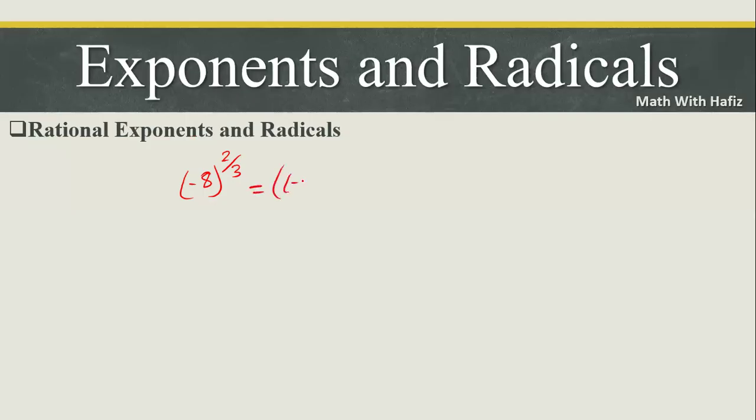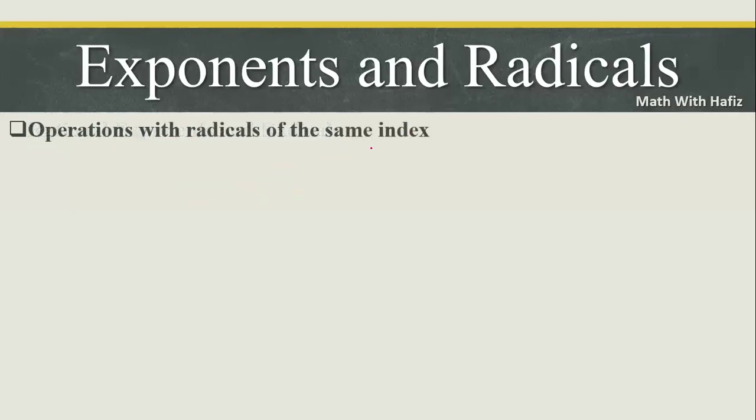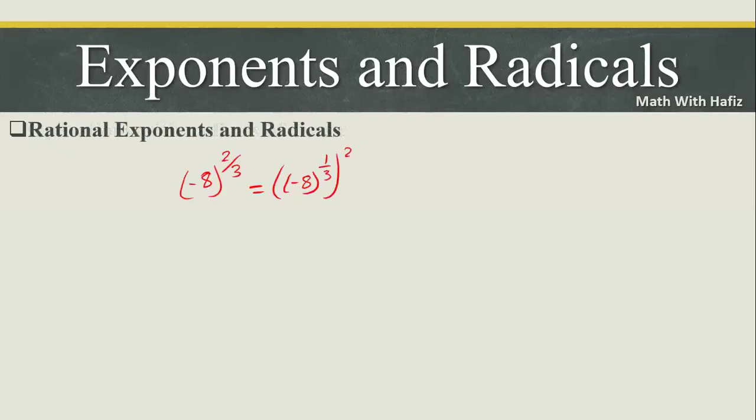Let's divide it again, minus 1 by 3. Is it mathematically correct, what I'm doing? I'm actually back solving. You remember we read a rule that if there is such a thing, you can just multiply it. So it will be 2 multiplied by 1, so it will be 2 over 3. So I'm back solving. I know 1 by 3 is the cube root, right? Or you can say it the negative